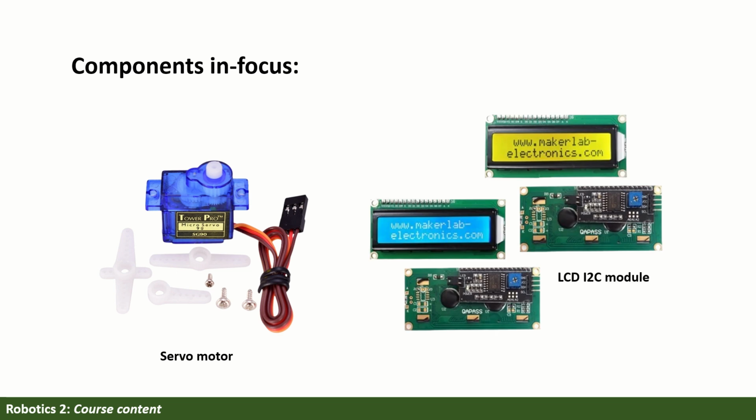This semester, we are mainly going to focus on two components, which are the servo motor and the LCD I2C module. The LCD I2C is useful for projects that require you to display something, maybe a text, or maybe a reading from a sensor, like for example, a humidity or a temperature sensor. Meanwhile, servo motors are useful for projects that require automation